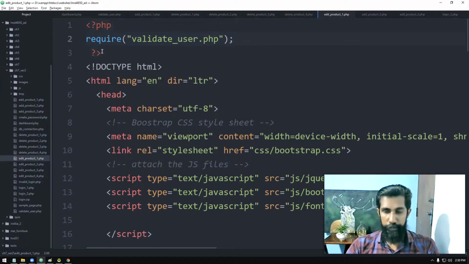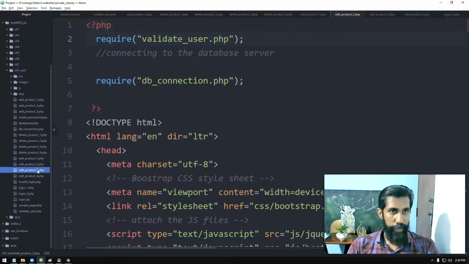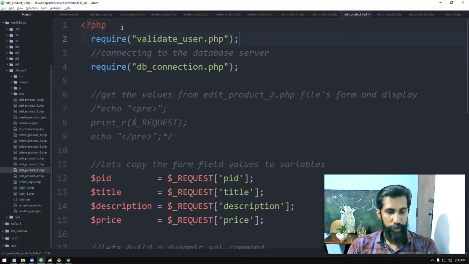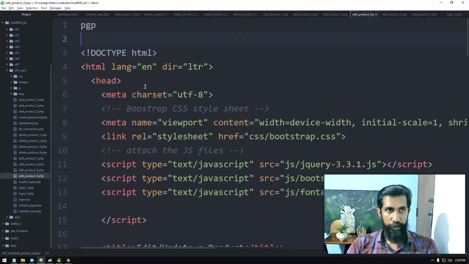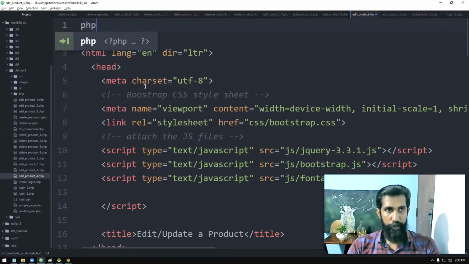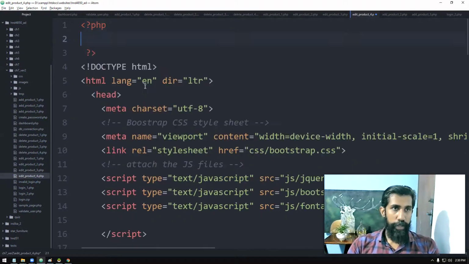Then the edit page. Right here I'm adding edit 2, edit 3, edit 4. Okay, I didn't get the copy.